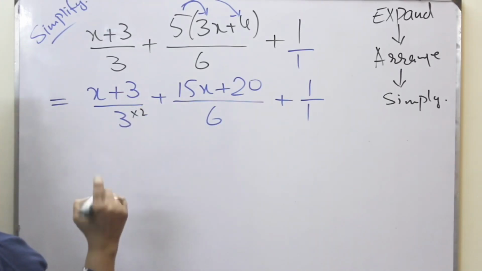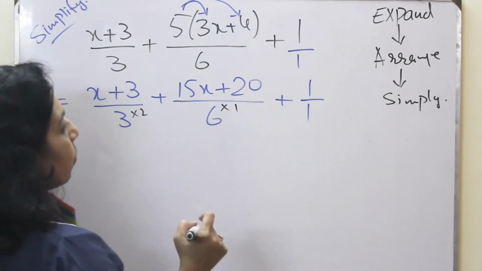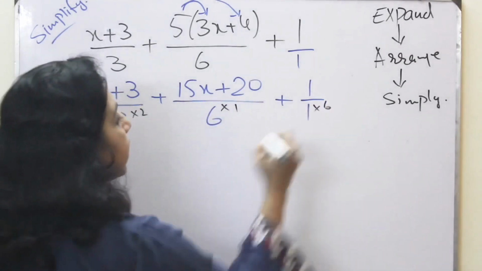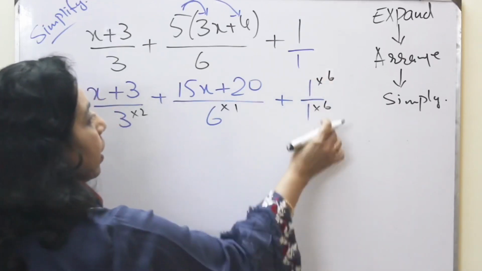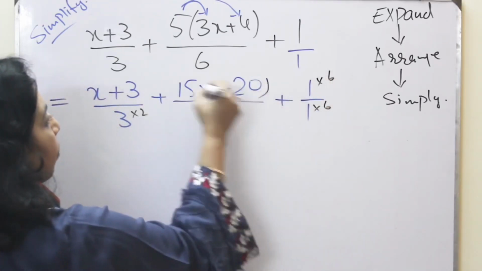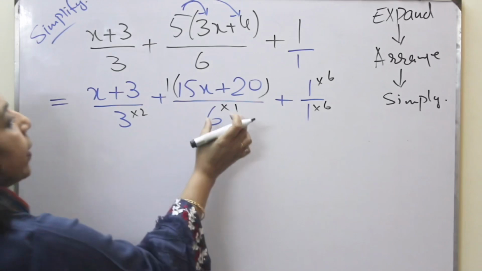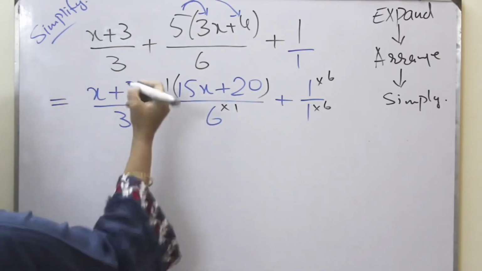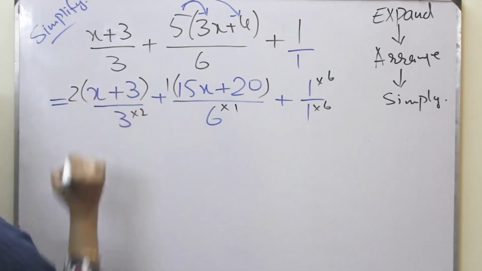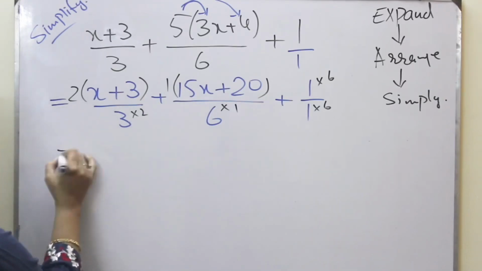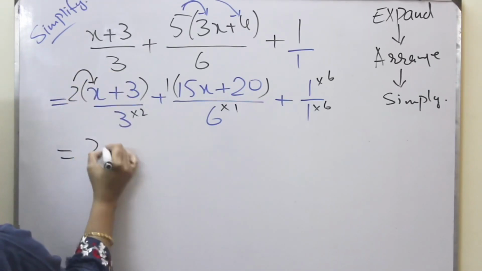It will be multiplied with 2. This will be multiplied with 1 and this will be multiplied with 6. The same number in the numerator which is multiplied in the denominator, it will be with 1. You can write 1, you can omit 1, you can ignore writing 1. It's okay. This will be multiplied with 2. Now I shall open 2 with x, 2x.